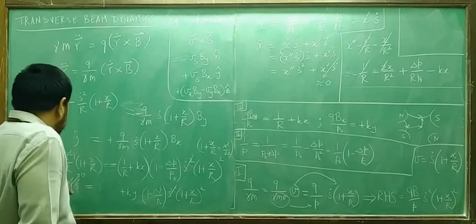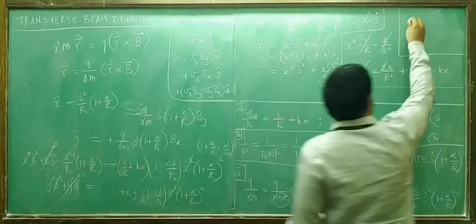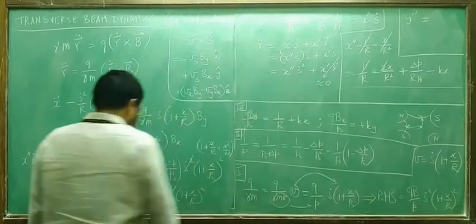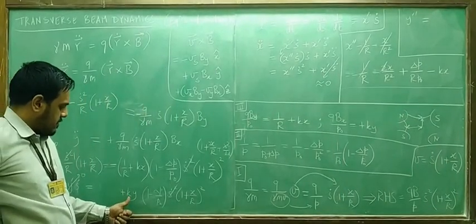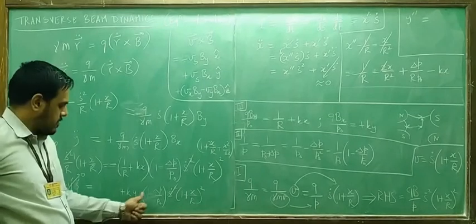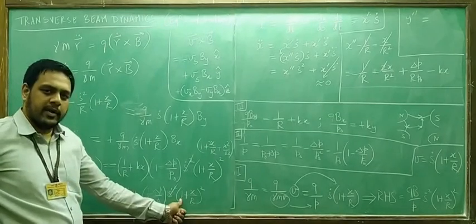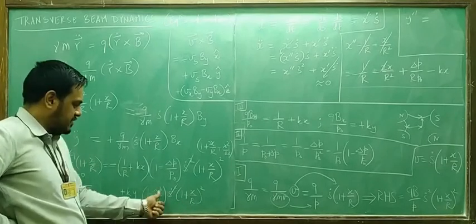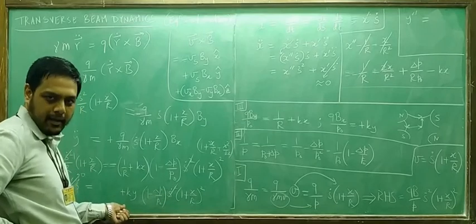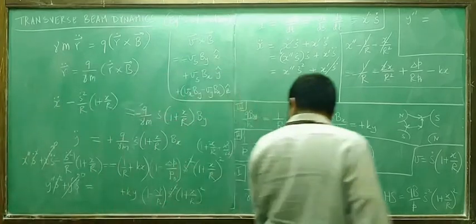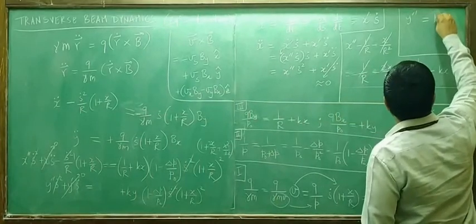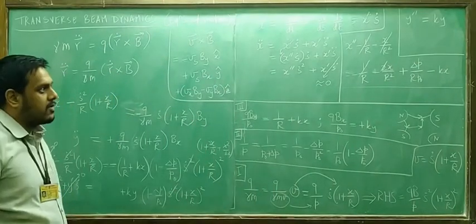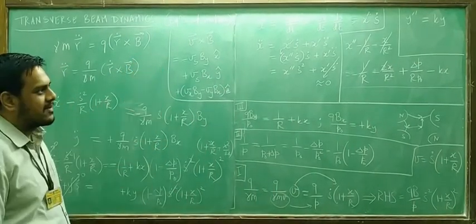Anyway, this one is simple. Y double prime on the left hand side is equal to, on the right hand side, what will it be? This already small term into dominant term. No other terms will survive because all other terms will have one small term from here plus a small term is already here. Okay? So you will end up with the equation that this is equal to ky. That's it. Nothing else. That's all. Okay? So space was enough, you can see that, for writing that equation.